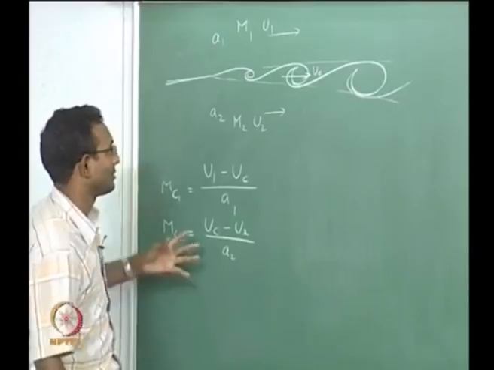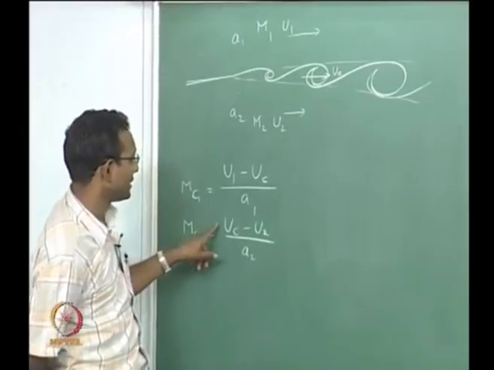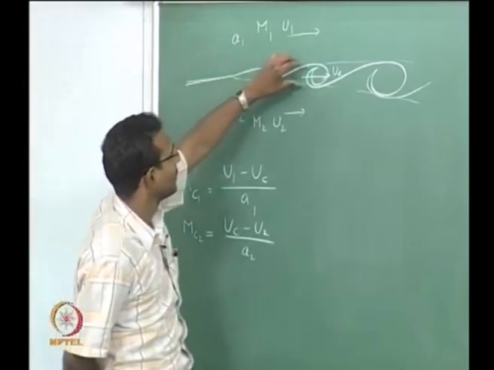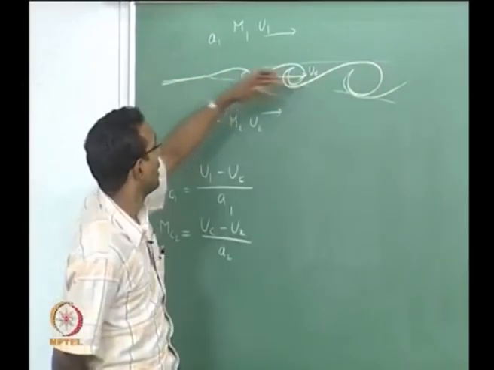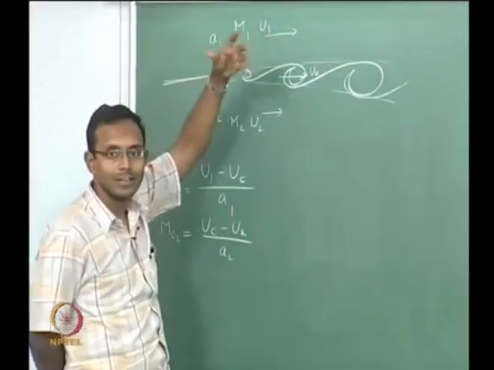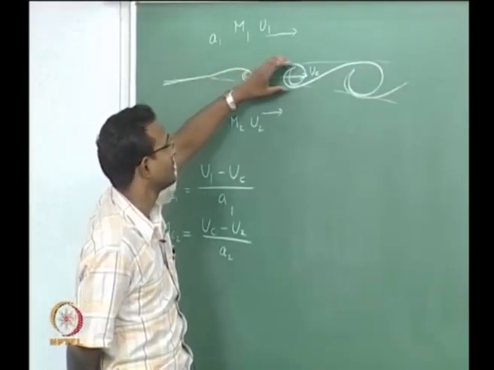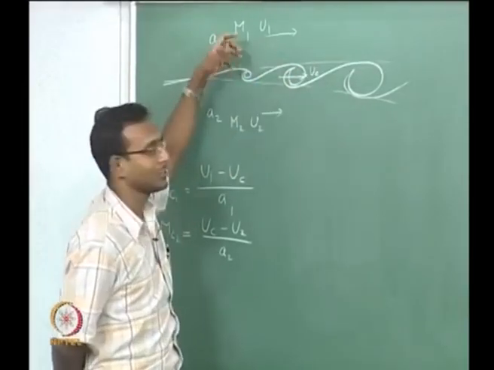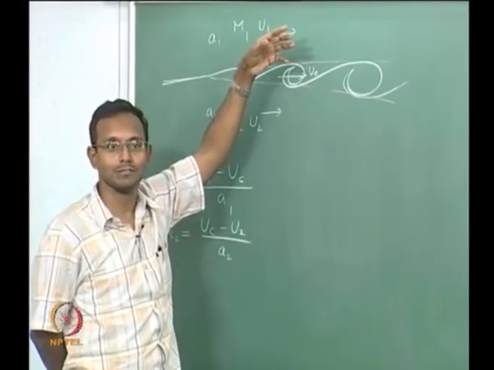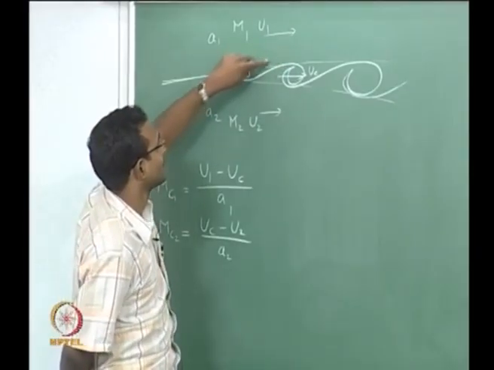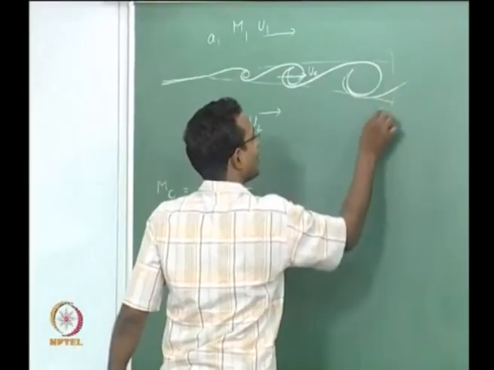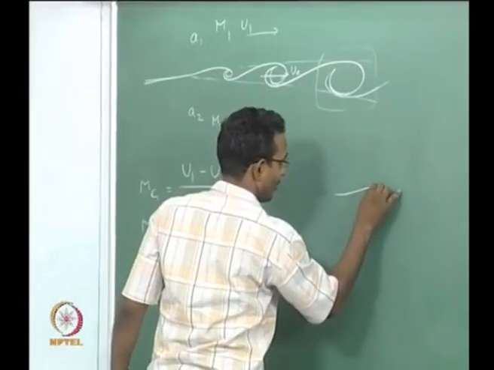Another definition, equivalent stuff. If I think about it, UC is more than U2. So if I look at it, there are these structures moving at velocity UC roughly, and the supersonic flow is going faster than that. So what will it cause? It's like some object is moving with some velocity and the other one is moving much faster, and we are in a compressible fluid. It will form a shock, right? It should form a shock in front of this somewhere here. Or if you think about it, I will just take one particular structure like this, I will draw that picture alone,